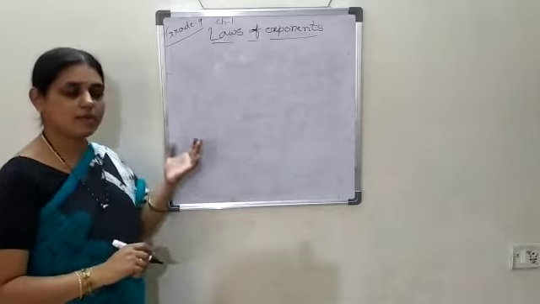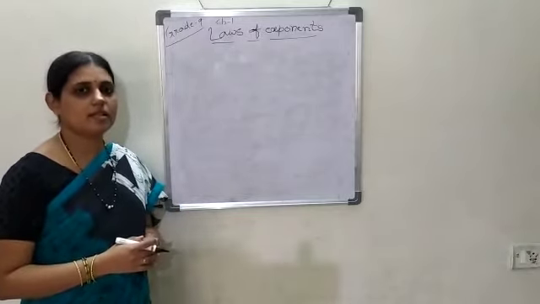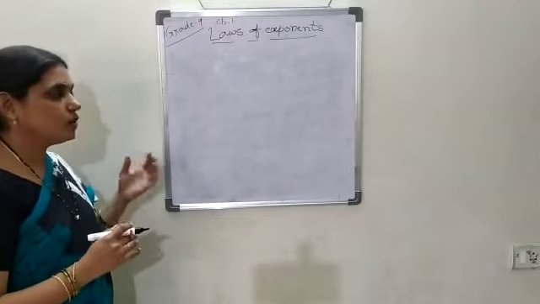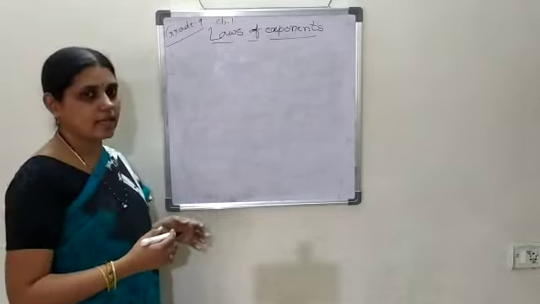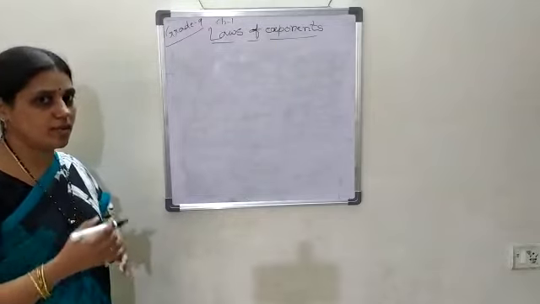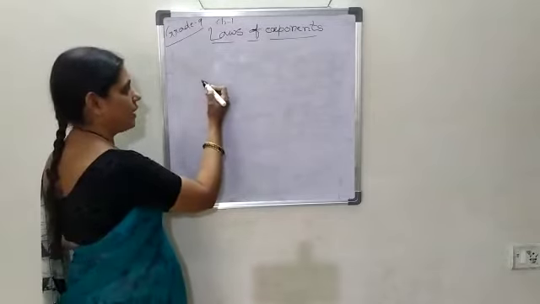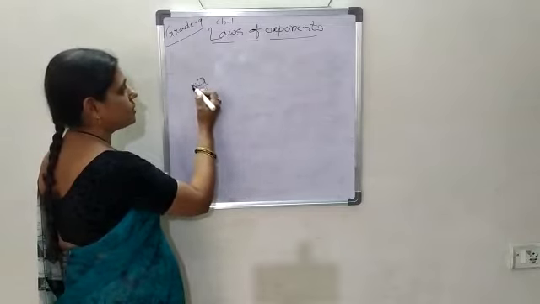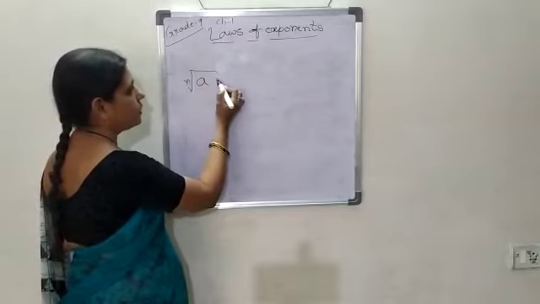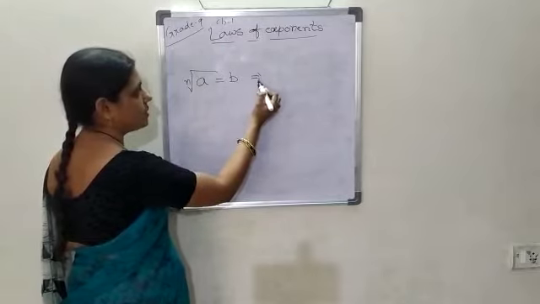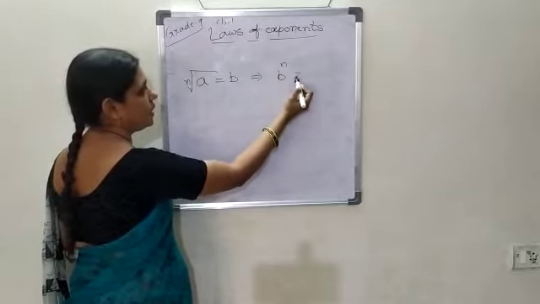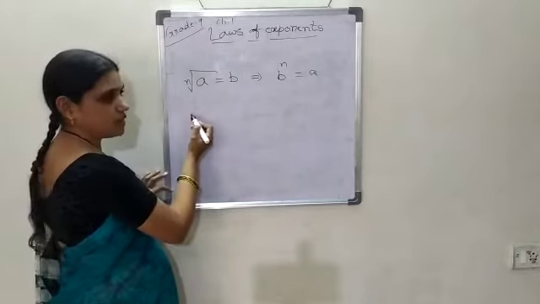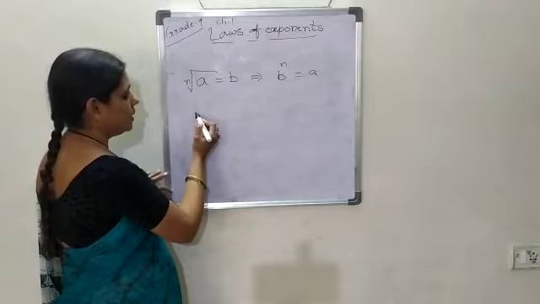Now the same laws of exponents concept we can extend even to real numbers. Before that, we have to know the concept of how to use a radical sign, and without using the radical sign, how to write using exponents. We have already done it, but I want to revise once. Suppose nth root of a equal to b implies b power n equal to a. For example, if you want to take n as 2, that means square root, we need not write 2 when n equal to 2.